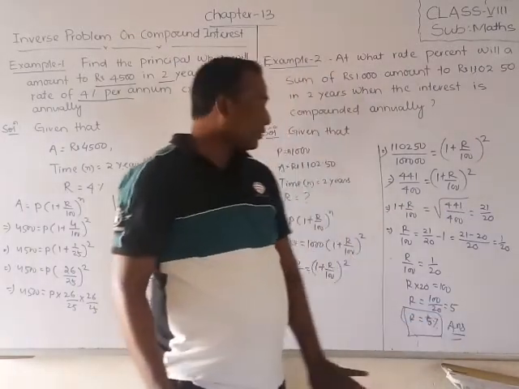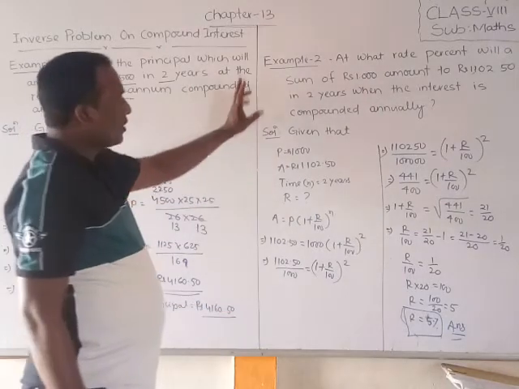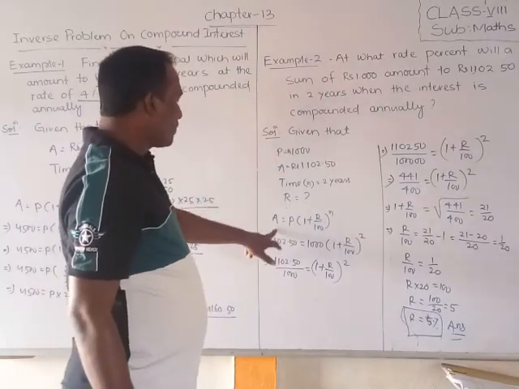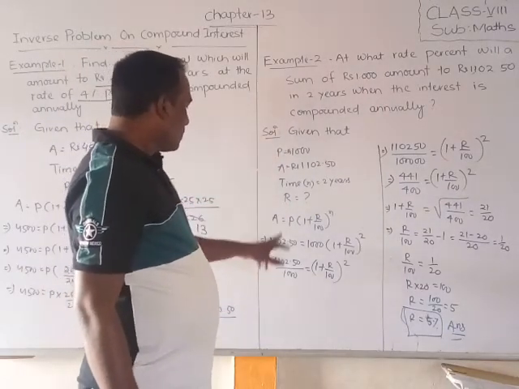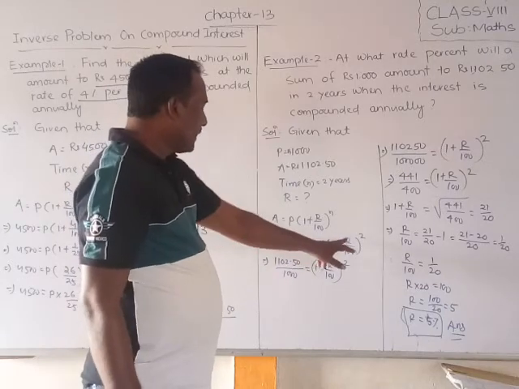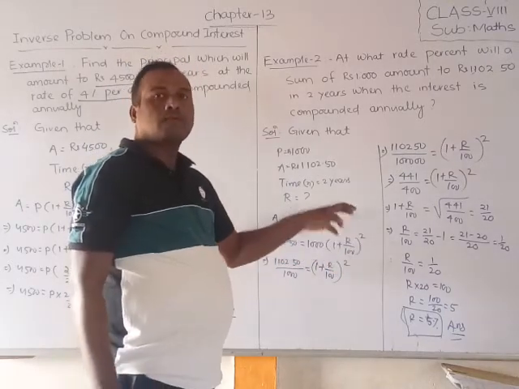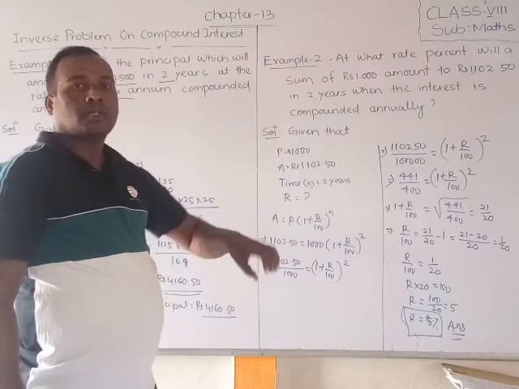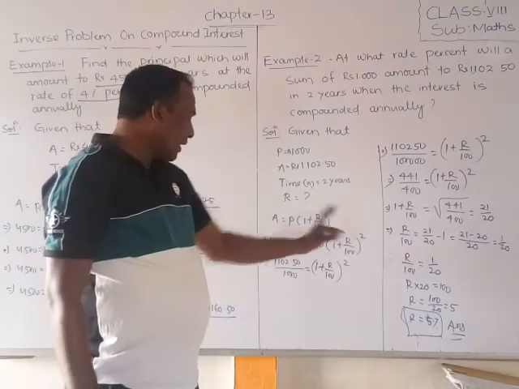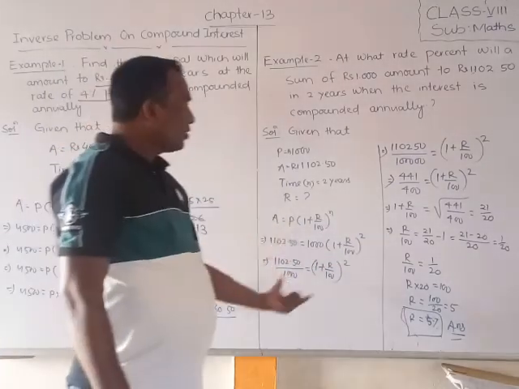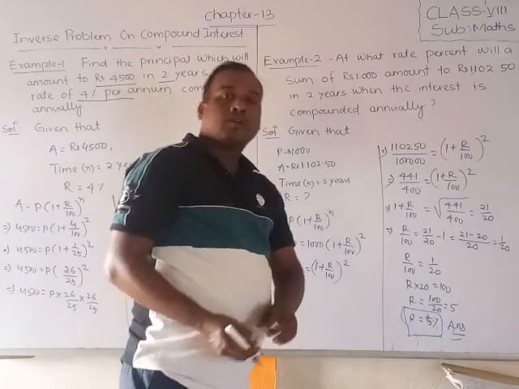So 5%. Okay students, what you have to do: first of all, write what is given. Then put the amount formula. After fitting the values, we get the variable r. We have to make r the subject of the formula, that means r we have to find out. And if we simplify, we will get the r value 5%.